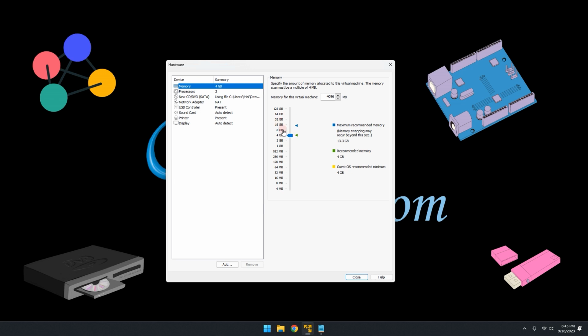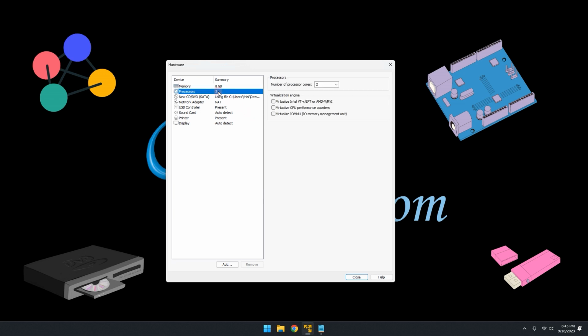For now, since I have 16 GB RAM, I will go with 8 GB. And you can select the number of processor cores as well. You would need to configure the virtualization engine part for the use of Windows 11, so we'll stick with the number of processor cores. I'll go with 3,